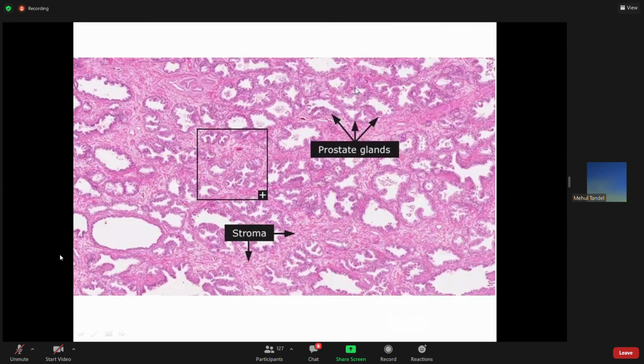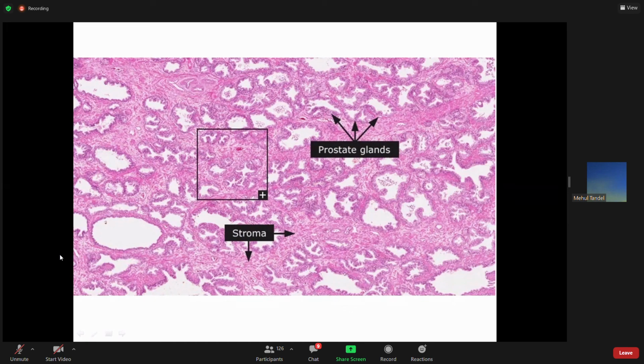So you can see this is how it appears under the microscope. You can see the fibromuscular stroma, and within the fibromuscular stroma, you can see the compound tubuloalveolar glands, which are in the form of irregular alveoli or follicles, irregular in shape, with wide lumen and folded mucosa, lined mostly by simple columnar epithelium or maybe pseudostratified columnar epithelium.